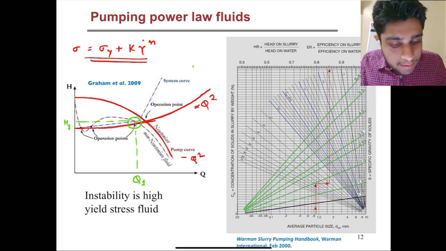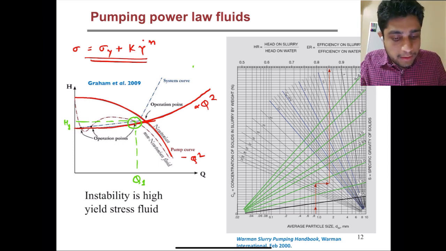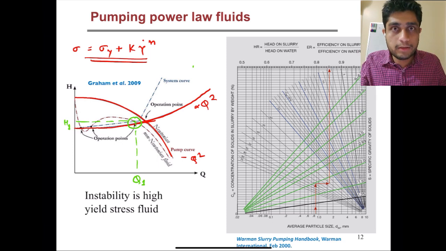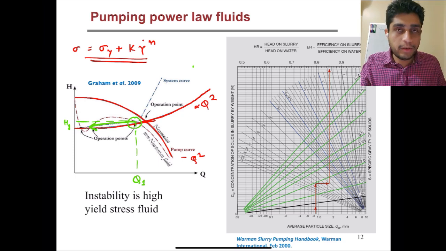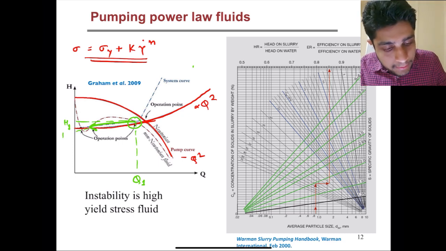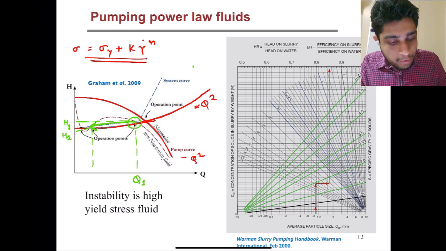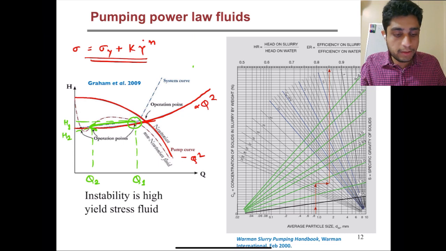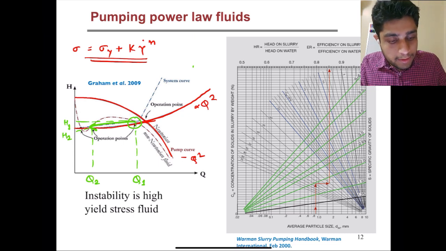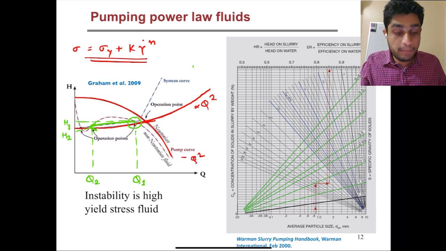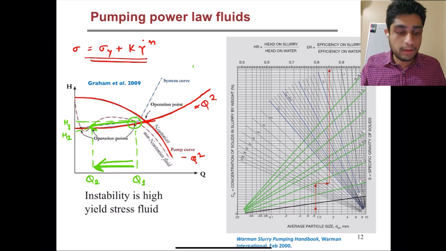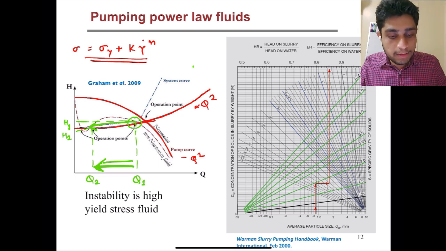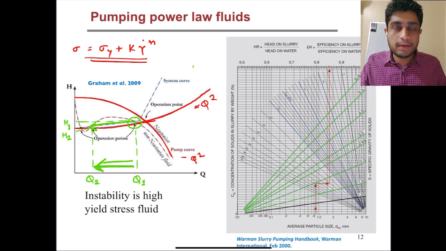Then what that means is this operational point is not valid anymore, and the pump suddenly goes to the other operation point which is at a lower head, let's say H2, and then the flow rate through the pump also changes to something, let's say Q2. And if you compare for this small drop in the pump head, you get a significantly higher decrease in the flow rate through the pump. So because of this, these operation points can be unstable, and oftentimes they are undesirable.